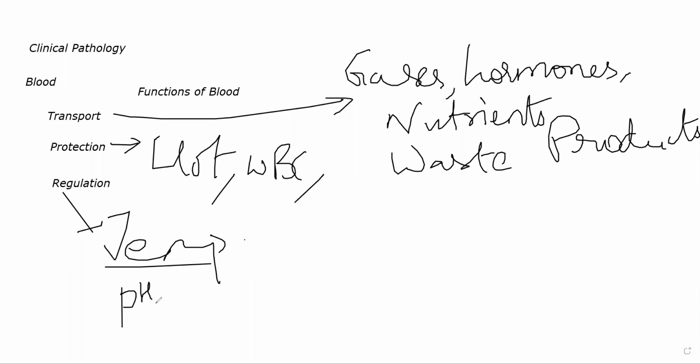If I told you that 7.3, 7.4 is the pH of your blood, what is your blood managing? What becomes more, what becomes less? What are the components inside blood that are maintaining this pH? Let me put this very crudely. What do you call the chemicals that can influence pH? There are two chemicals. One can increase pH, one can decrease pH. What are they?